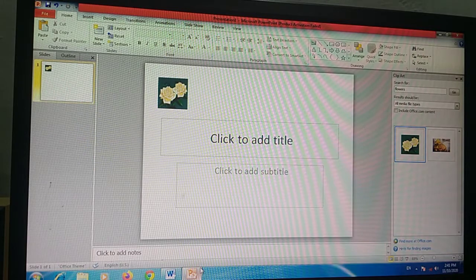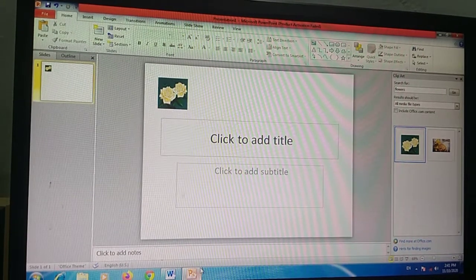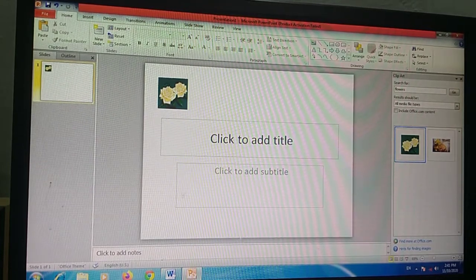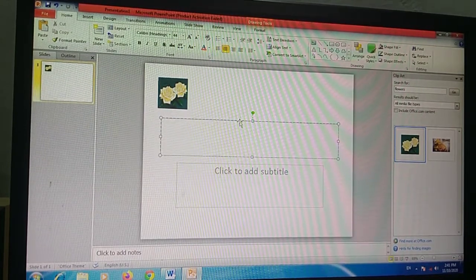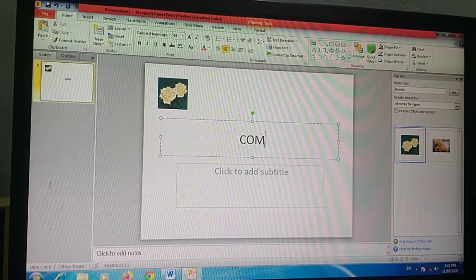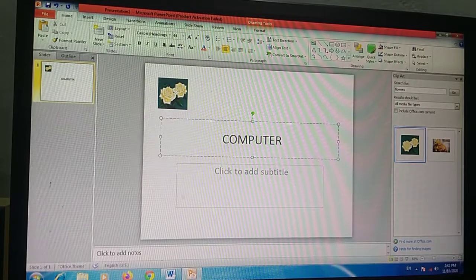Suppose you have written "computer" here in your text, and you have selected this.